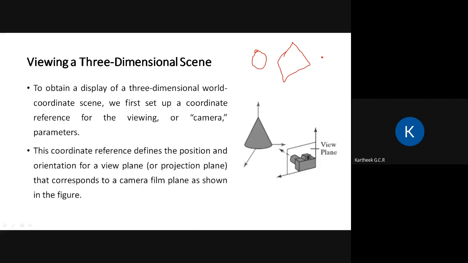So what you end up doing is you project this scene using parallel lines or different types of projectors, which we will look at, and the image will be formed on this plane, and this is what your actual camera will look at. This plane is what your camera will see, whatever image is formed on it. I hope you guys understood.